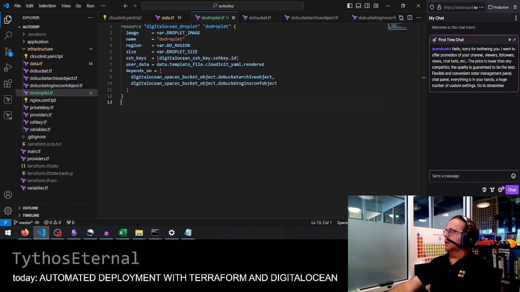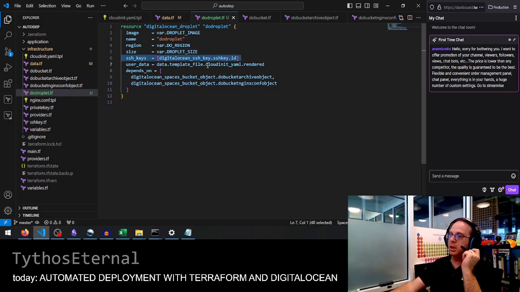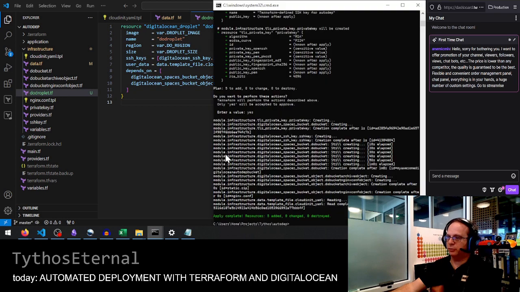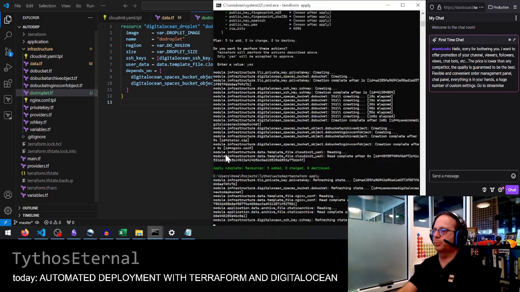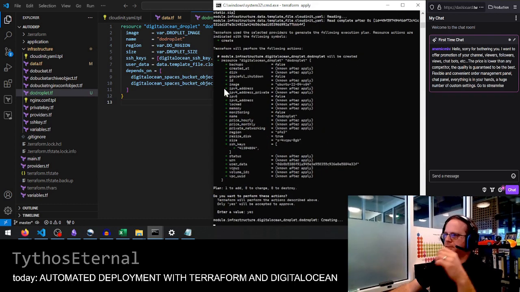So what other magic is going on here that we can explain? That's actually mostly it, right? So we have a VM definition, we have a way to access it, we have a way to configure it automatically, and then we have a way to make sure that it's not being deployed until those key resources I mentioned are available in the bucket. So that is our VM now. There are a few other things we want to adjust, although,